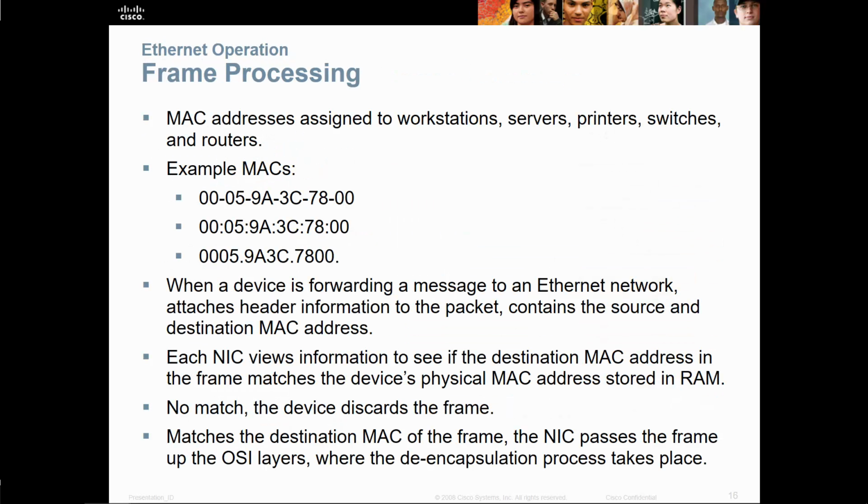So the frame processing: a MAC address is assigned to a workstation or anything with a network interface card. They're normally expressed as 2 hexadecimal digits, a delimiter, whether it be a hyphen or a colon, and there will be 6 pairs of hexadecimal numbers. So when a device is forwarding a message to an Ethernet network, it attaches the header information to the packet,